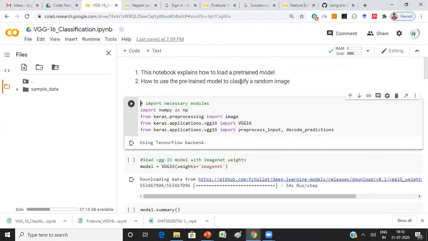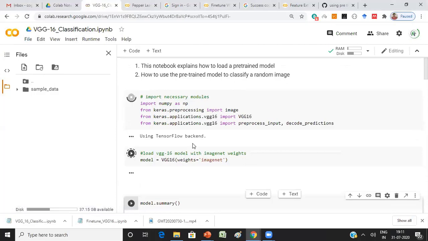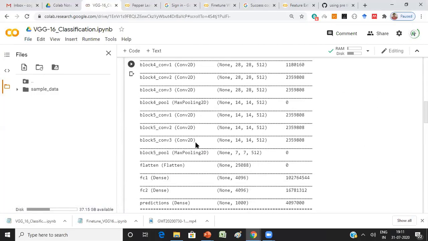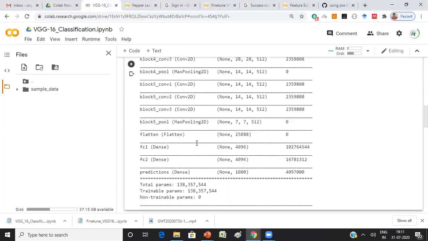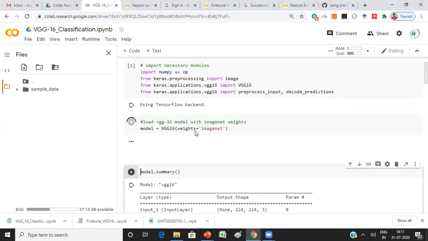Once you can see this kind of folders, your Google Drive has to be mounted. Only then can you select the path and all.